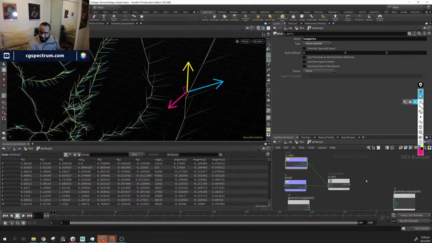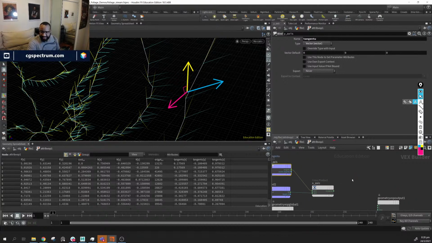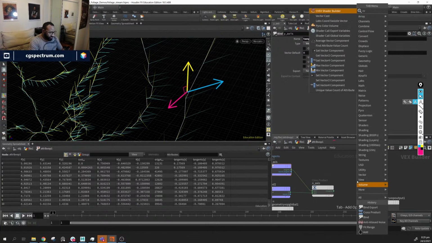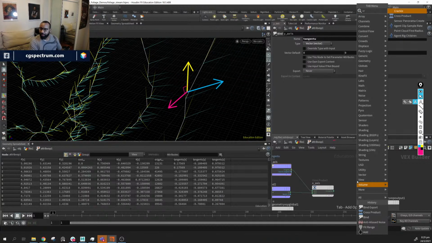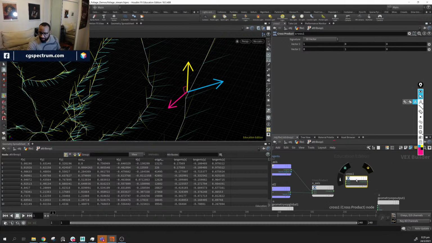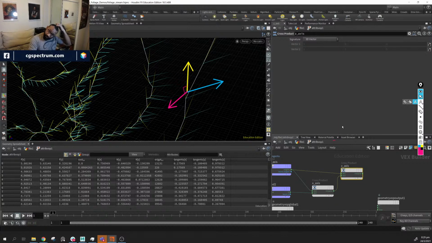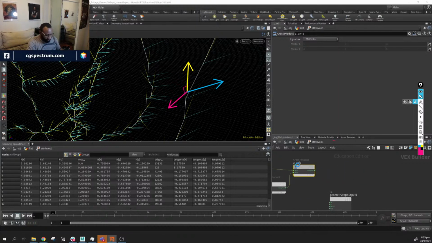And then I'm going to take the cross product of these two again. So this is that double cross product again. So I'm going to say cross product. So this guy and this guy. So cross cross, this should be my Z axis. Okay, so if I visualize this,